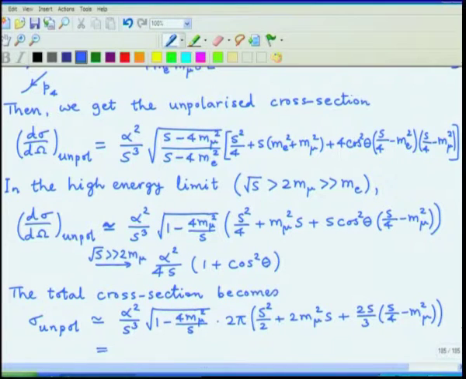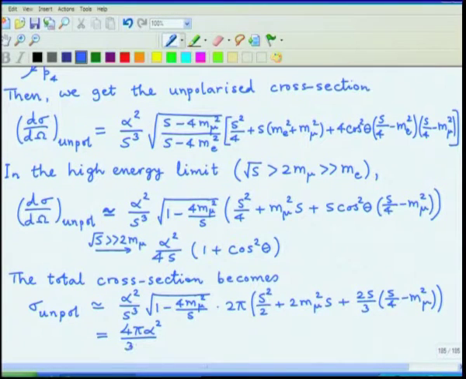And which can be written as 4 pi alpha square by 3 s cube, this factor, and then inside there is one plus 2 mu square by s, and well, the result for